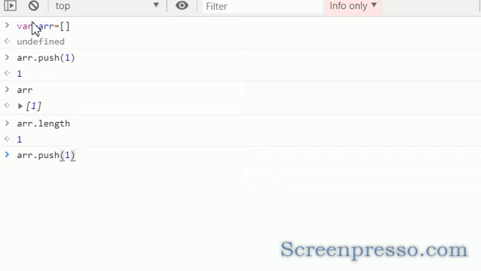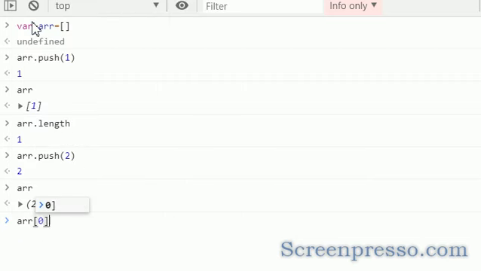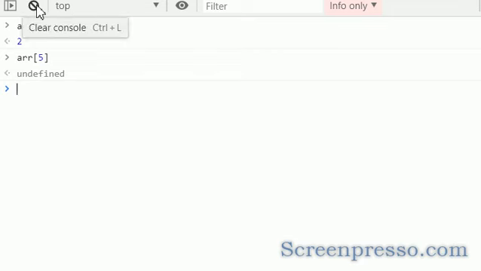Again I am adding one more value, 2. Now the array has 1 comma 2. I can get the values using index. If I specify index 1, it gives the value. What will happen if I specify index 5? It is undefined because the array has only 2 elements as of now.